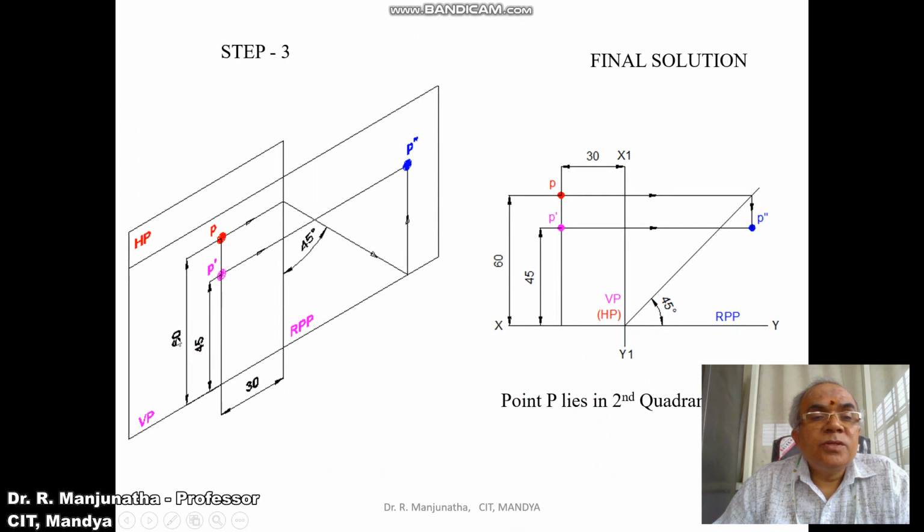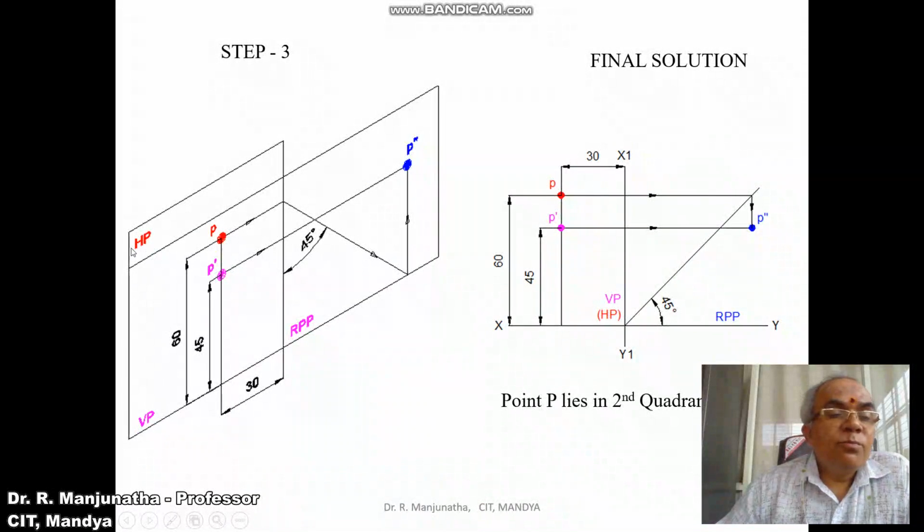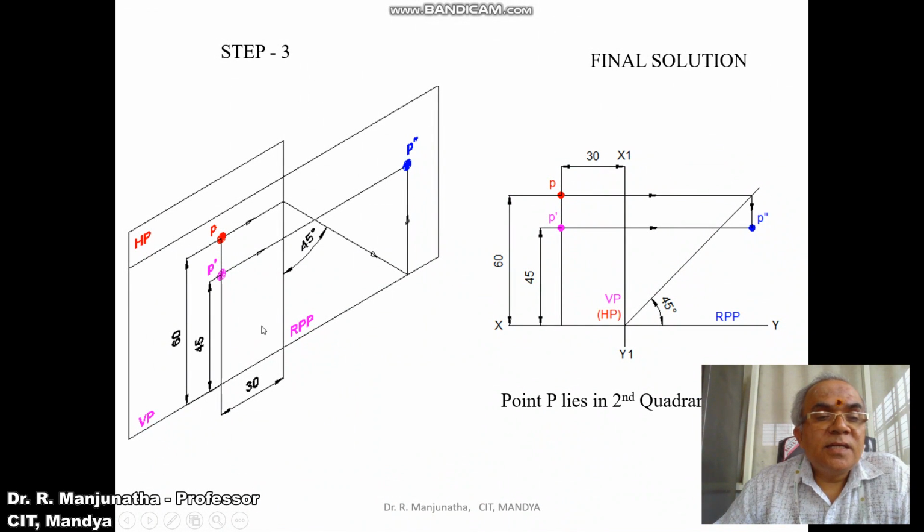Now we are going to see in three dimensions how this has been rotated. That means VP and the horizontal plane both will overlap here, and the right profile plane will be to the right side of the x1y1 line. So this is the x1y1 line. Then the distance with respect to the profile plane, that is behind RPP, is seen in VP. VP is also above the XY line, and HP is above the XY line. You can see both the distances will be above the XY line.